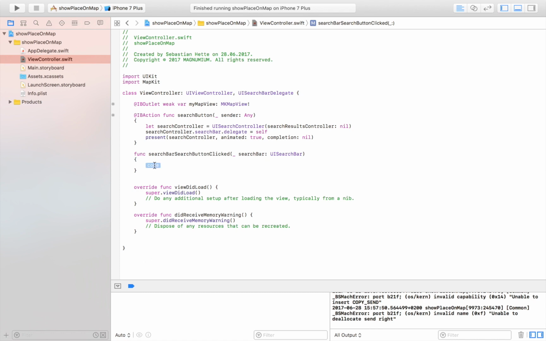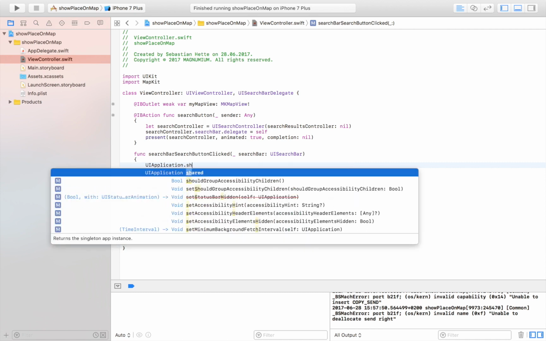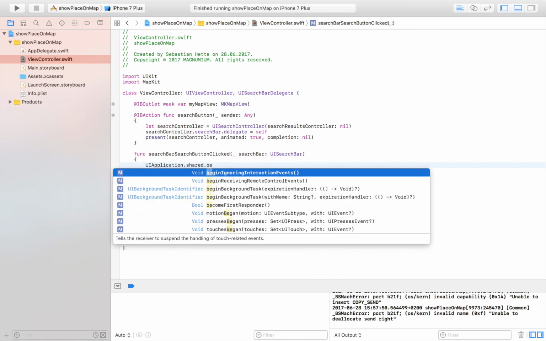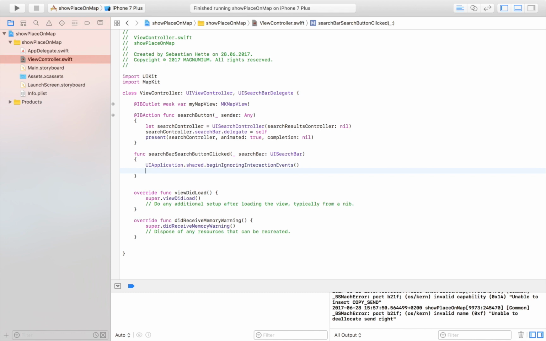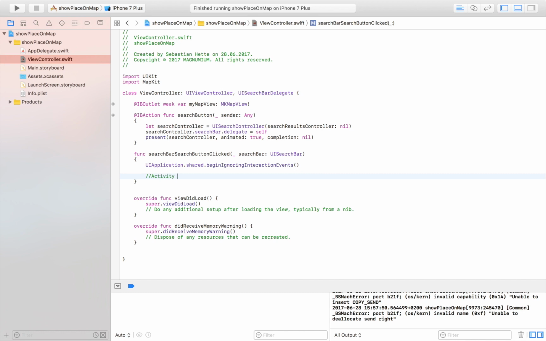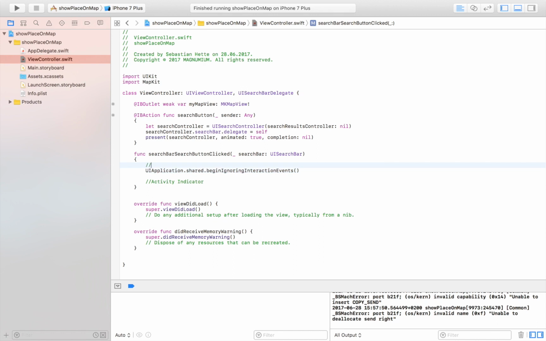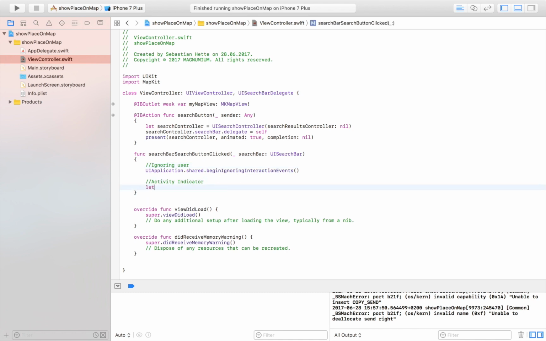The first thing that we want to do is disable interaction events so that our user can't do anything with the app while we are searching and finding the place for our user. The way we do that is simply saying UIApplication.shared.beginIgnoringInteractionEvents. So now we're starting to ignore the user, and then we're going to create our activity indicator. Let's just make a couple of comments so that it stays clear what we're doing here. We are ignoring user. So here we're creating our activity indicator,